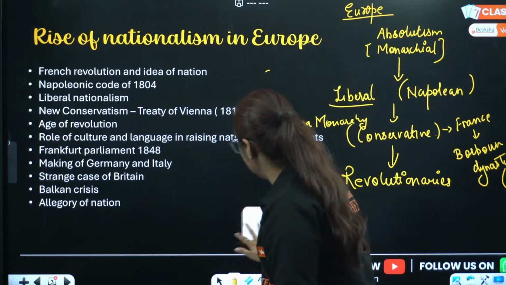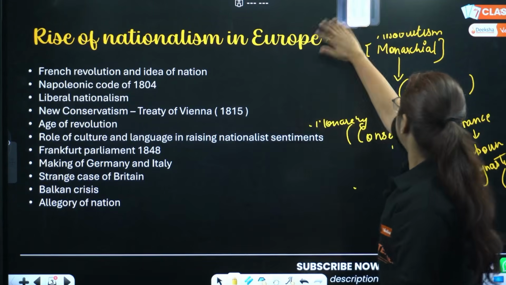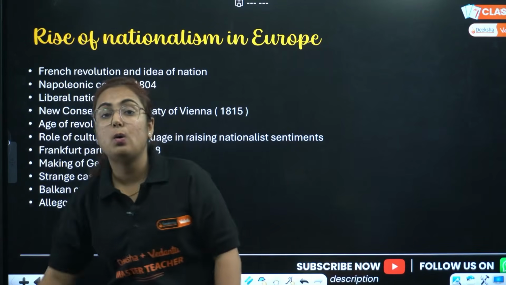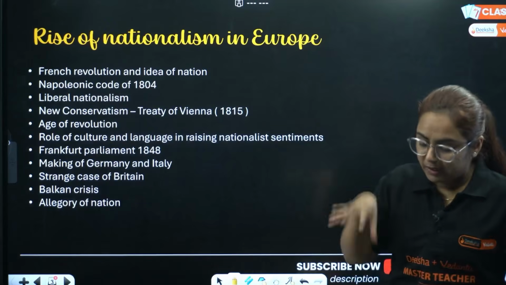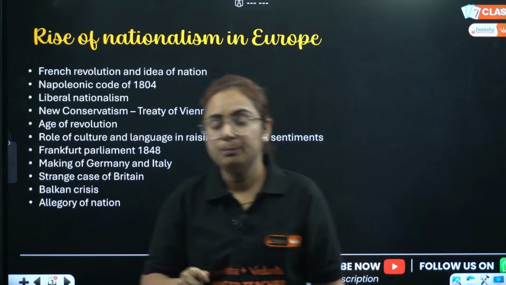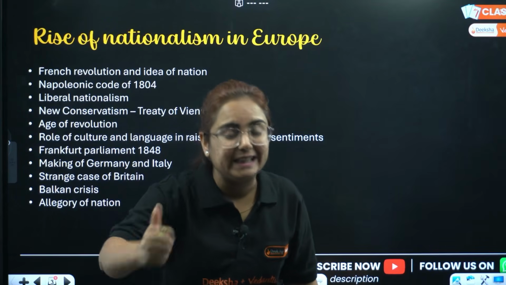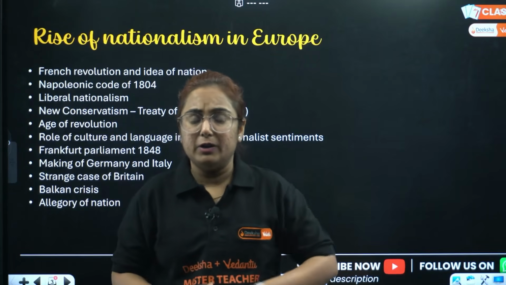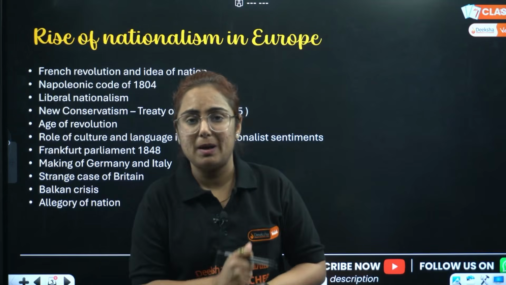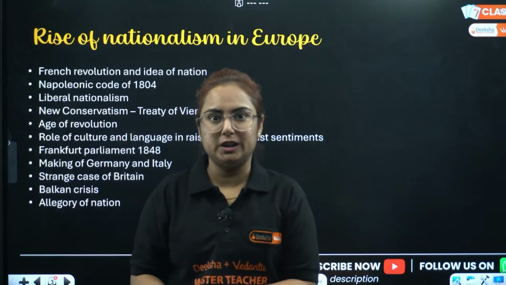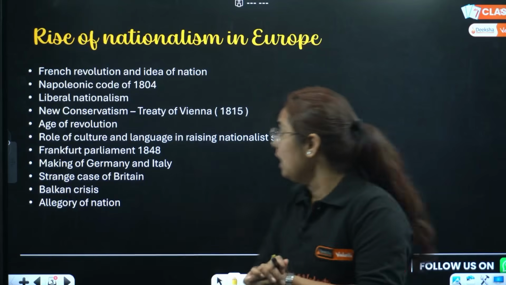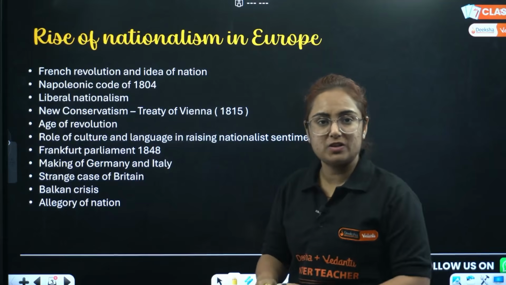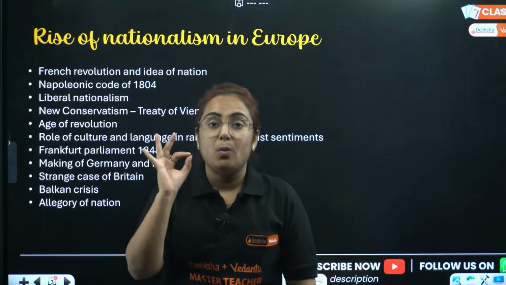Now here you have seen one factor in the independence of Greece, that was culture, and that is referred to as romantic imagination. Yes, my dear students, culture played a very important role in the rise of nationalist sentiments: folklores, folk dance, folk songs. Whenever we hear Jana Gana Mana, whenever we see the folk dance on Independence Day, Republic Day, we have a different feeling of nationalism within, isn't it? Yes, we have. So, role of culture, Johann Gottfried Herder. Now what you have to write, I am not going into so much depth, I'm going to tell you the important points.